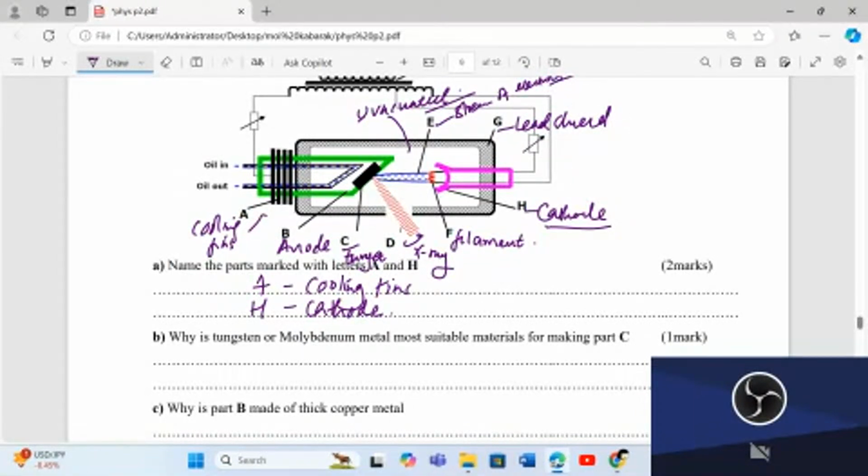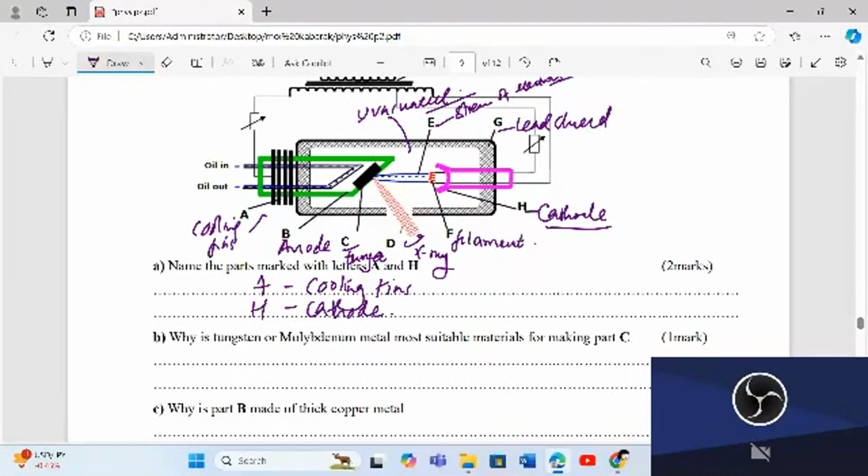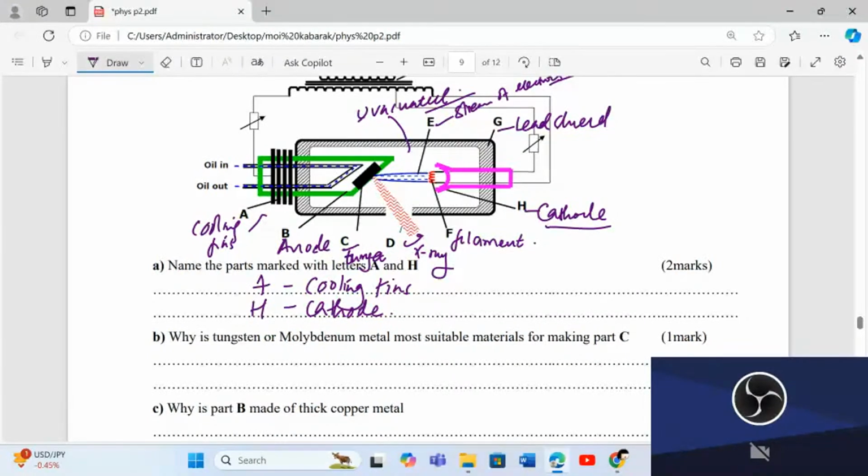Then electrons will be dislodged and accelerated towards the anode, and it is in the anode where we have the metal target, a material of very high melting point, which converts this beam or stream of electrons into X-rays. So if you have cathode rays and direct them onto a metal target